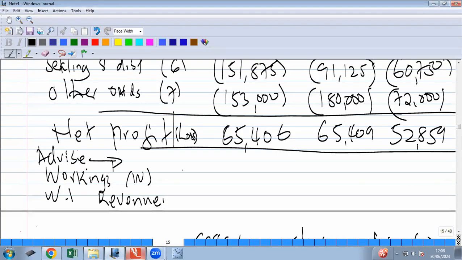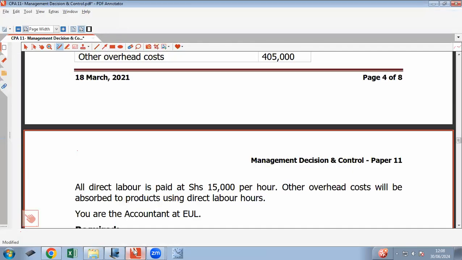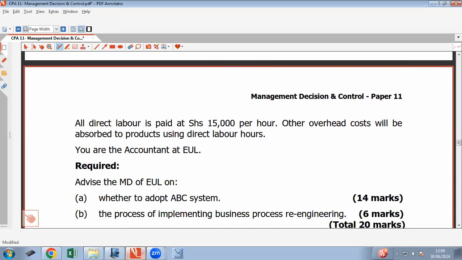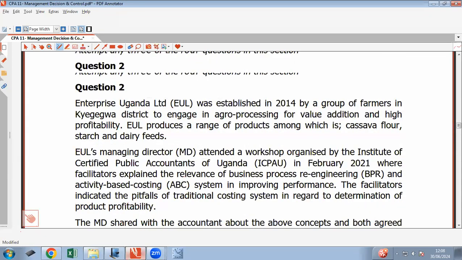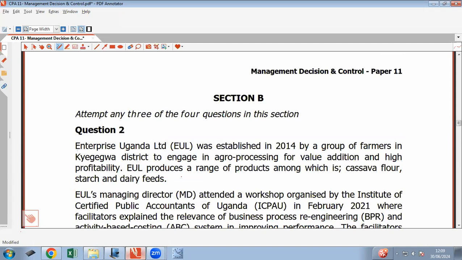So we can write and say, now you have to bring the case scenario to your answer sheet. That's what they are looking for. They have told you to advise the MD, so you say, I advise the managing director of Enterprise Uganda Limited to adopt ABC system,